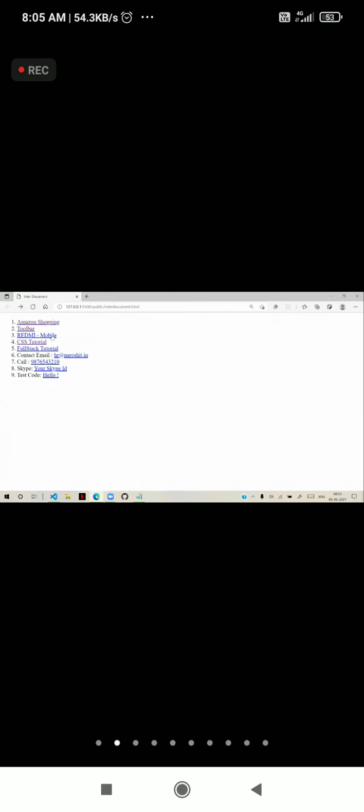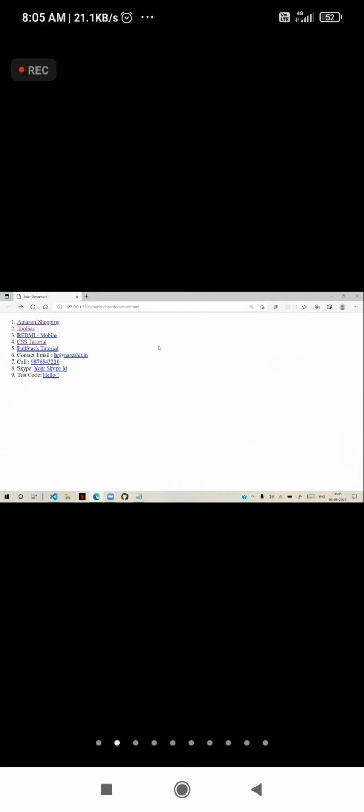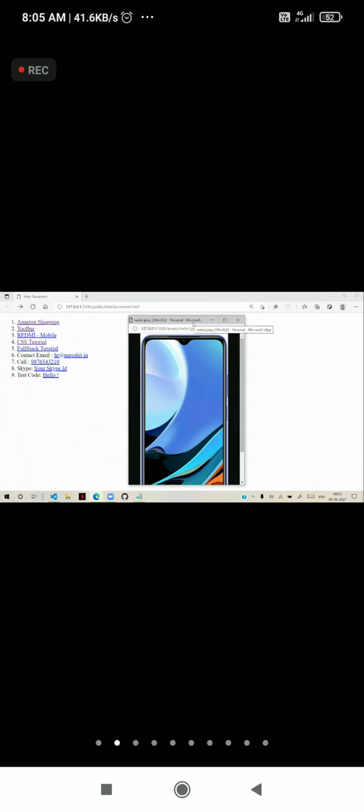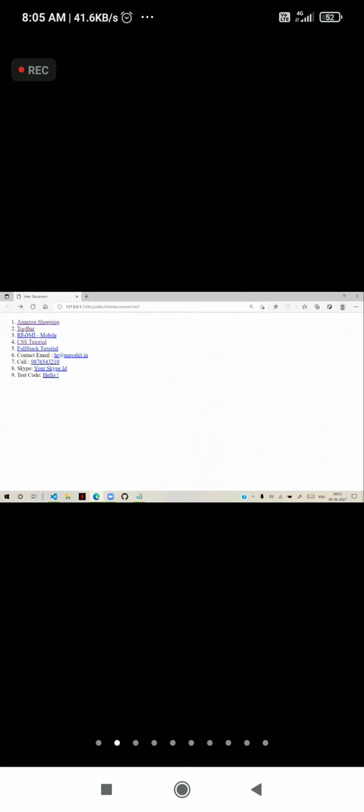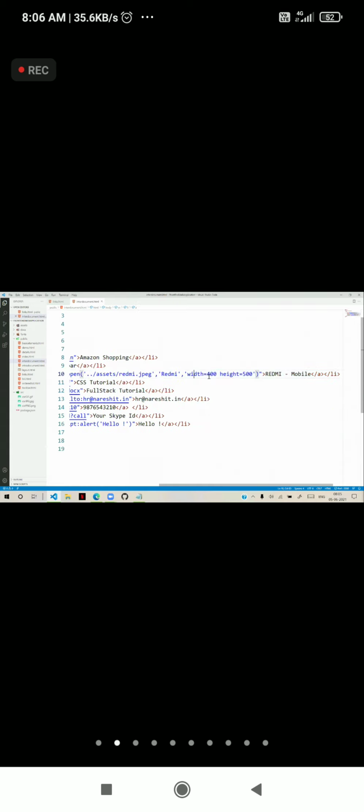When I click on this Redmi mobile, it has to open in a separate window, not in a separate tab. Target will open in a separate tab, but to open in a separate window, we need to write some JavaScript: window.open, with the file to open and how much width and height you want, you need to configure.